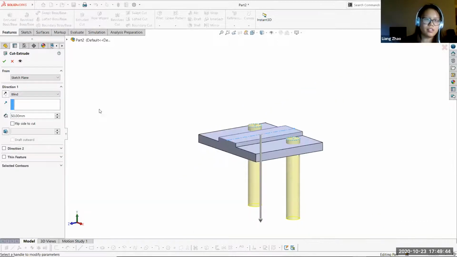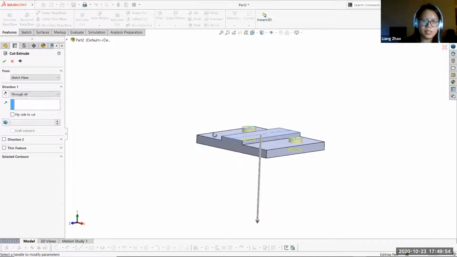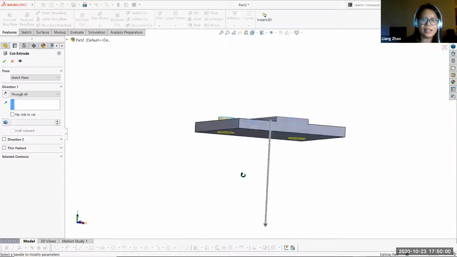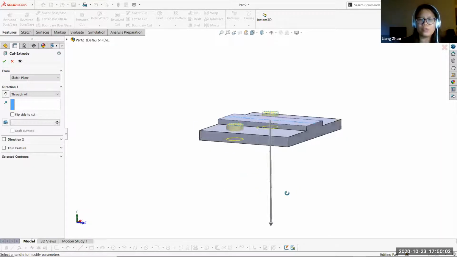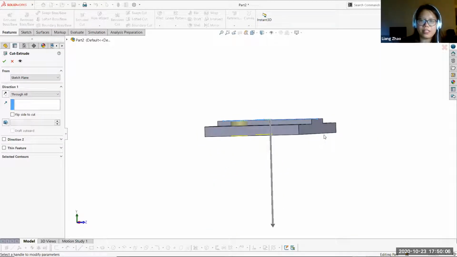Since it's kind of unnecessary to define the blind command to be 50 millimeters, since it's cutting all the way down here, we can just swap to a through all cut. So what this does is it will cut through any parts that it runs into in this direction. So this is actually a lot more useful than just a blind cut,